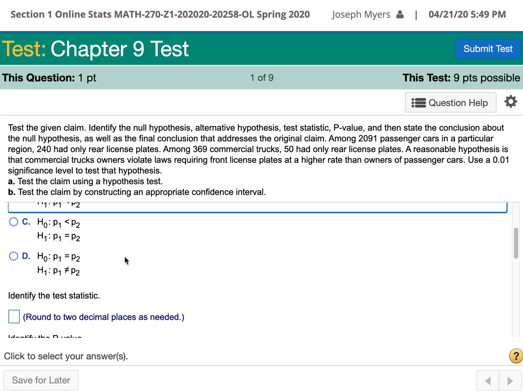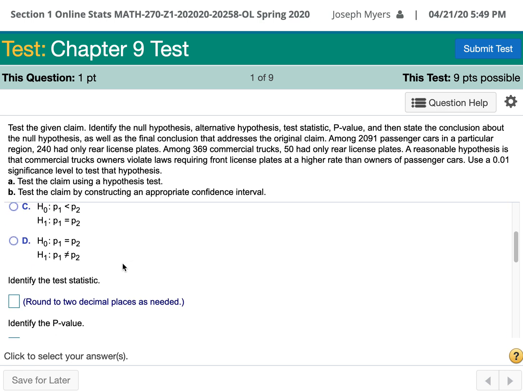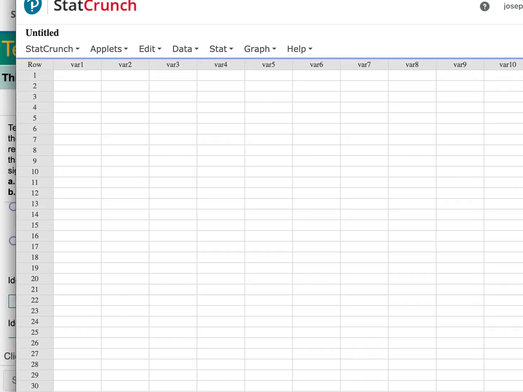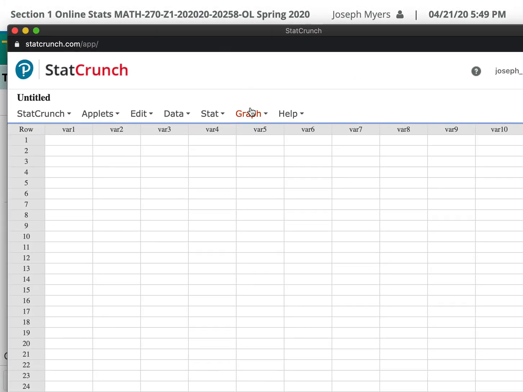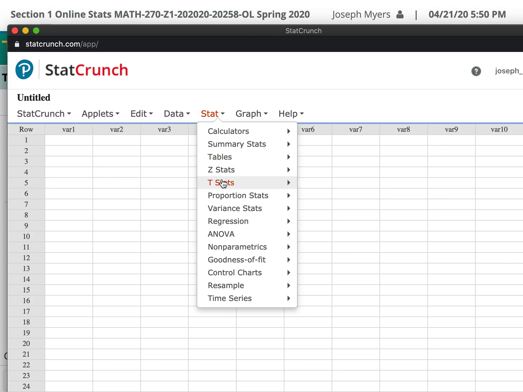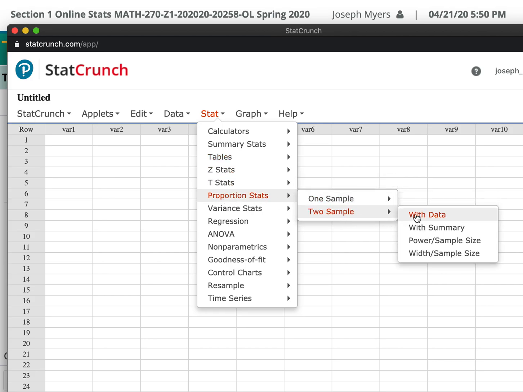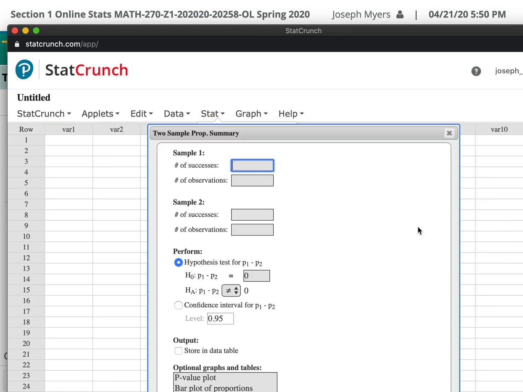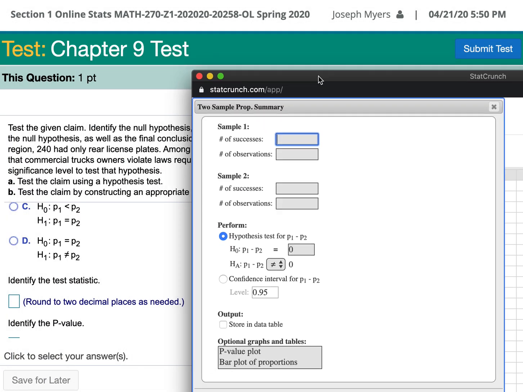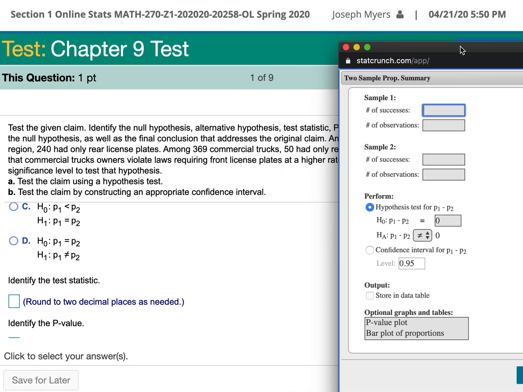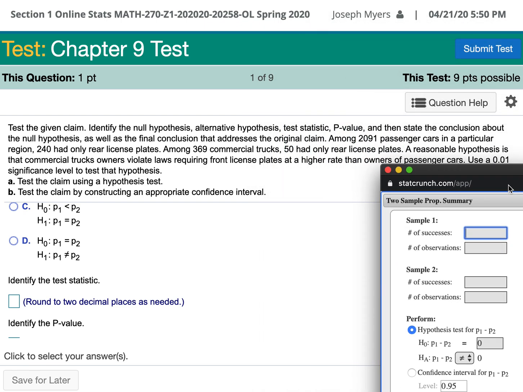All right, then we'll identify the test statistic. So to do that, we're going to click on Question Help, StatCrunch. And we're going to choose stat, and then proportion stats. We're doing 2 samples this time, and we have a summary of those samples. So what we'll type in is